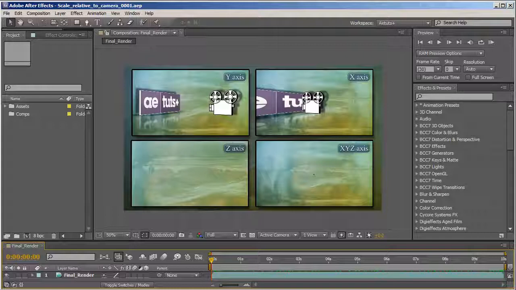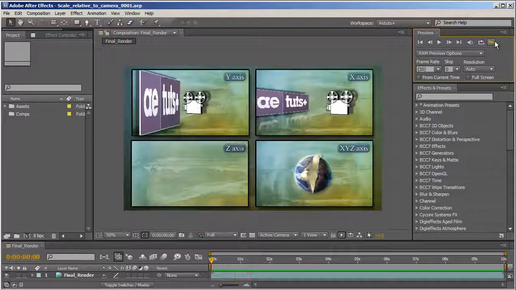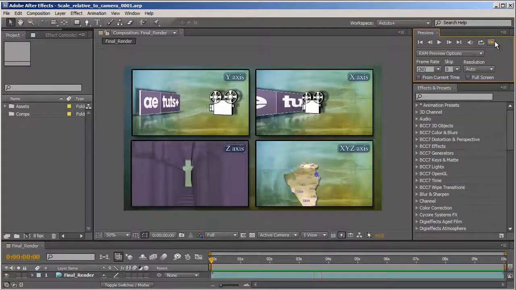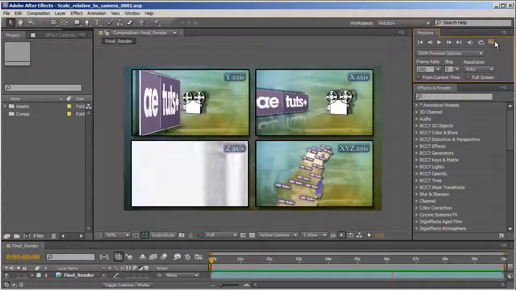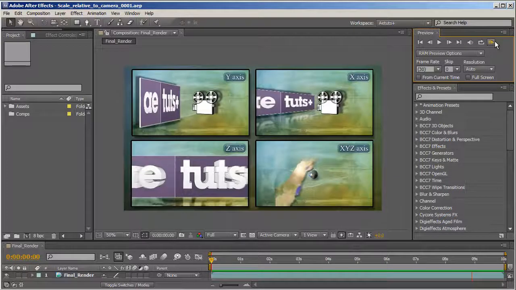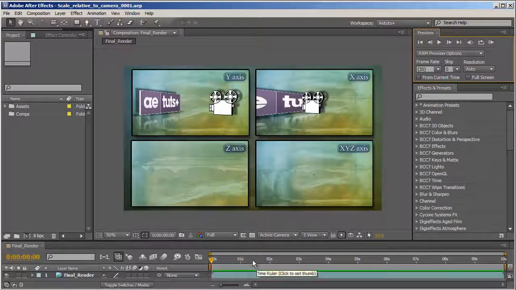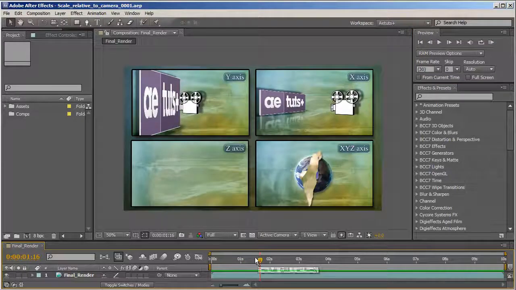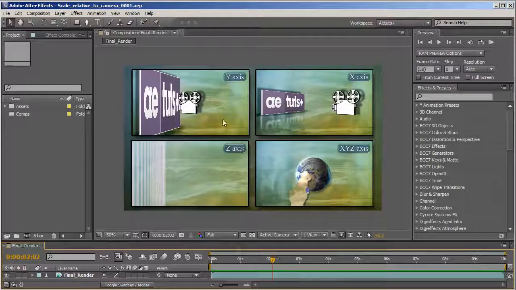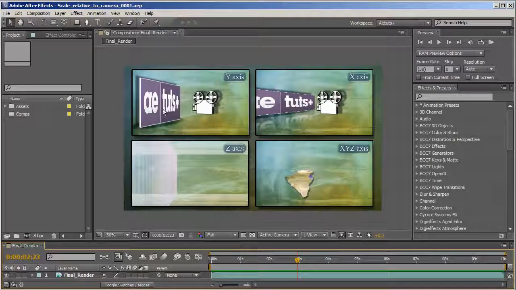Let's have a quick preview of what we're going to be creating today. Okay, that's pretty interesting. What we're going to be creating today is I'm going to show you a lovely expression which is actually divided into 4 expressions, and the expression is scale relative to distance from the camera,